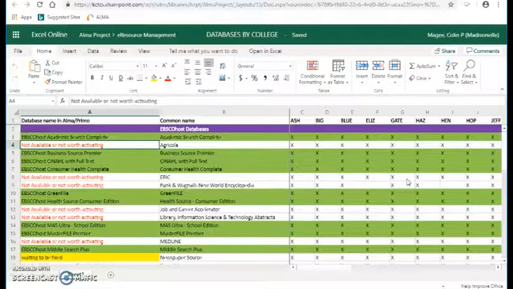I've gone ahead and found out that we can't activate it in Alma, because some databases you can't activate. Alma doesn't have the information necessary for a lot of the databases, depending on whether or not the database is indexed in the Primo Central Index. So if it's not available or just not worth activating, like in the case of Agricola,